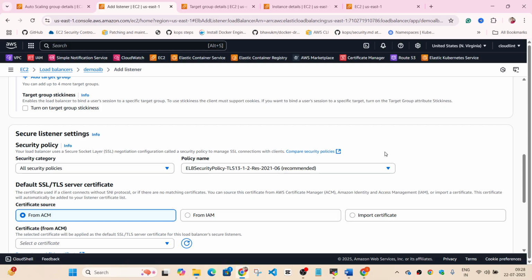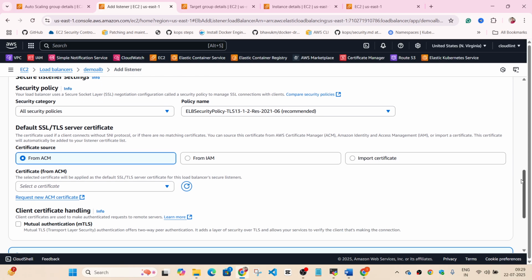You only have to change it if you have received some notification from a security team which is running a compliance and security scan on the entire AWS account, and they found that there are some vulnerabilities that are part of this ALB configuration. Only in those cases you have to change the policy, else you will not have to do anything here. Then you have the option to use either certificates from the certificate manager service in AWS, or you can import your own certificate also.